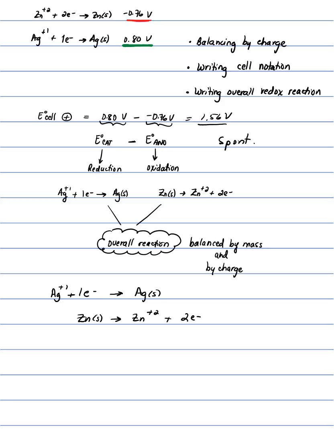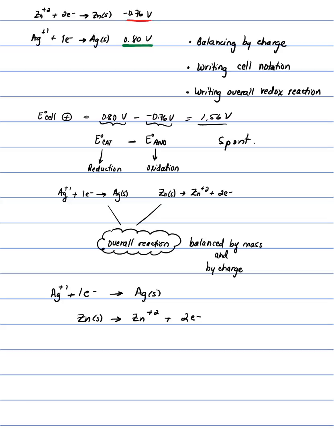Now, you don't have to put them in the same order that I have them here. It will give you the same final reaction. I'm writing down my reduction first, and I'm writing down my oxidation under. When you have an overall reaction, the overall reaction will never show electrons. The overall reaction is an overall reaction because the electrons that are being formed and used up are being canceled